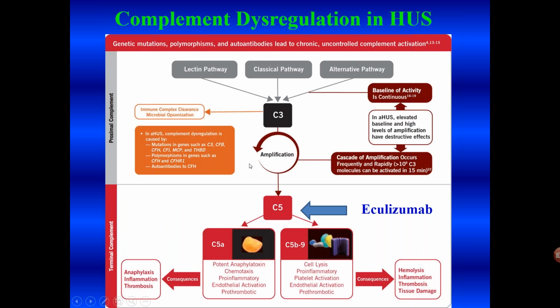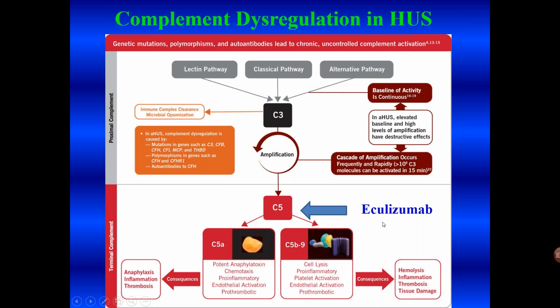You have an amplification loop in the absence of factor H, which leads to the activation of complement factor 5, formation of the membrane attack complex with hemolysis, inflammation, thrombosis, and tissue damage. If it occurs in the kidney, this is the hemolytic uremic syndrome. If it attacks other organs, well, that is what people thought was TTP when the central nervous system was involved. We have also now seen that the intestine, the heart, and the pancreas can be affected.